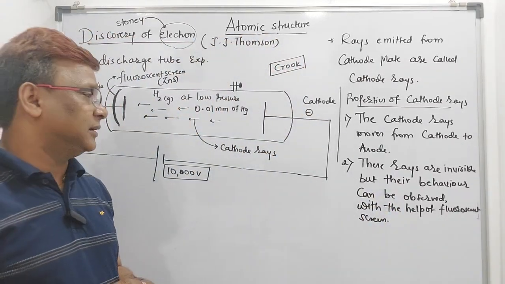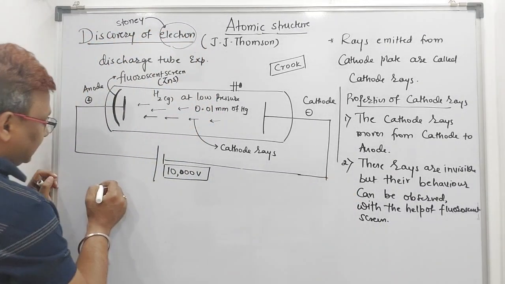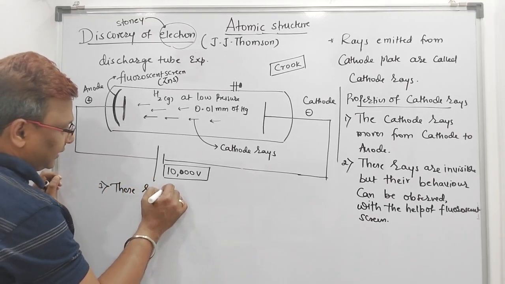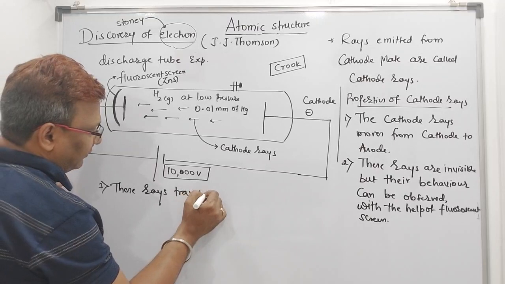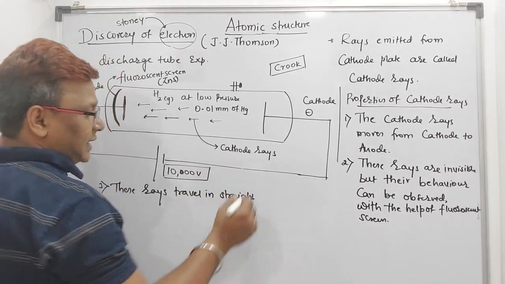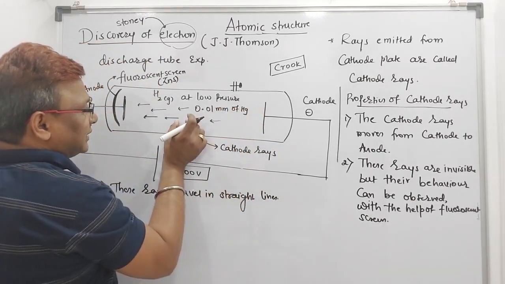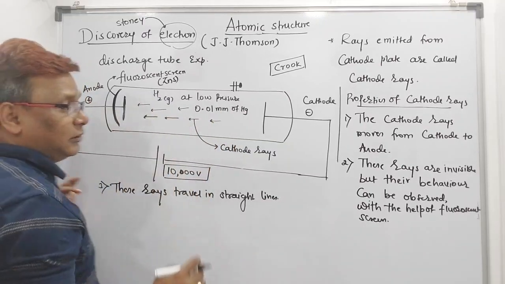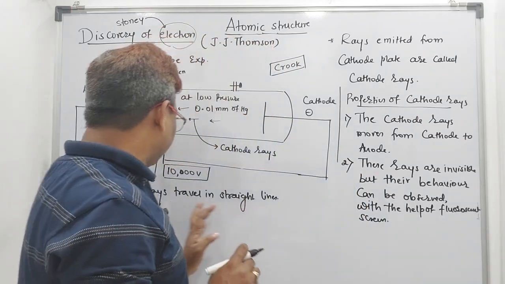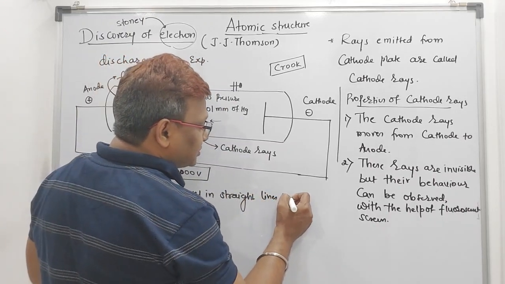Now the third property we can say: these rays, beta, travel in a straight line. So point number 3, I'll say these rays travel in a straight line. It means these cathode rays travel in what? A straight line. It is not like when it is moving something will come here and then it will take a turn. No, not like that, beta. So these rays are moving or traveling in a straight line, and that movement is straight only